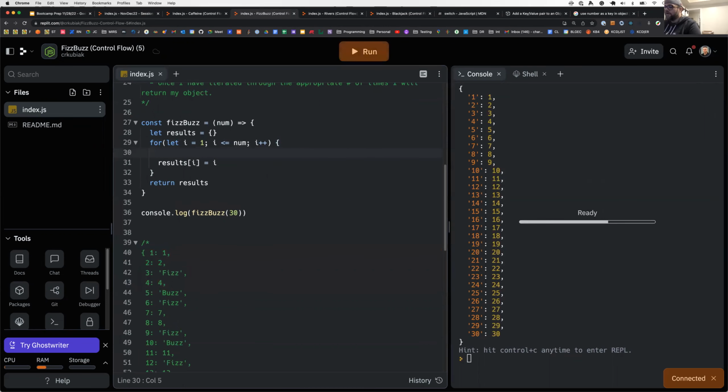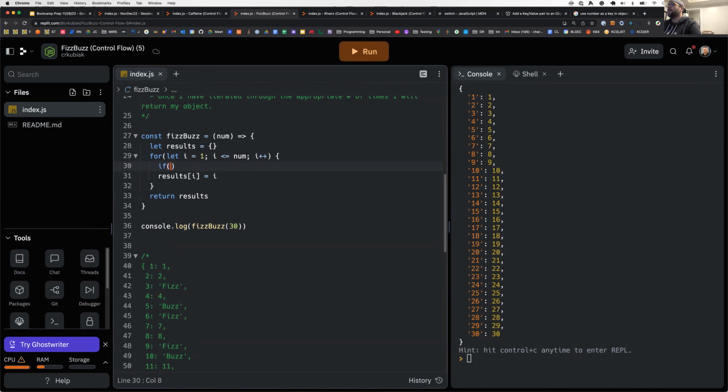Right. And so let's see here, we'll do some conditional logic. So I say, if i is, let's see here. I know we talked about multiples. The way that I would handle this, and I'm not sure if the other teams got to this or not, is that this would be a great place to use the remainder, right? So I can say,